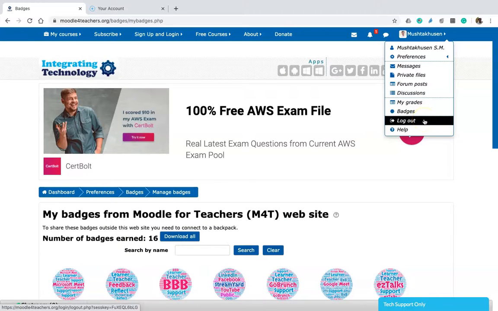Then this will help you to log out from this website. And if you have any concern, any question, or any query, and if you want to reach our mentor or the facilitator, Dr. Nelly, you can write an email to her. So these are the features which are available under profile at the top right.